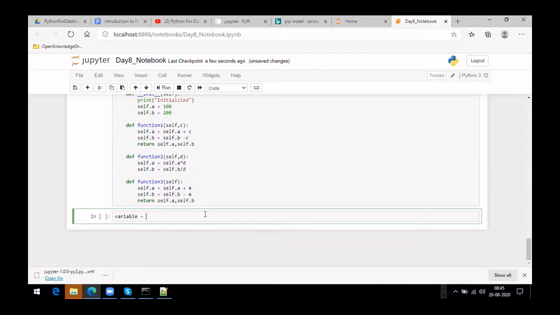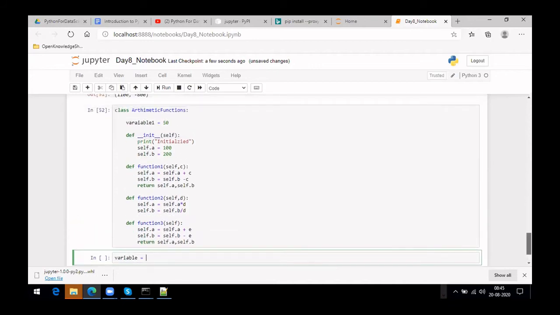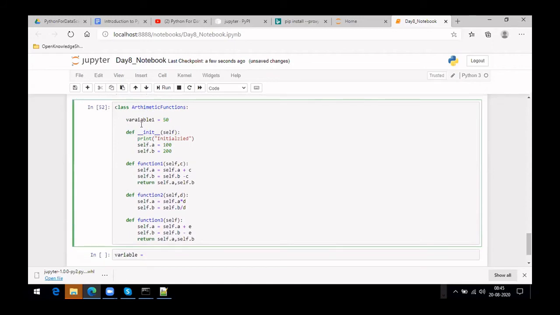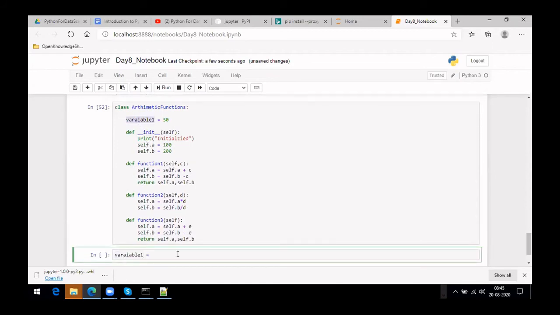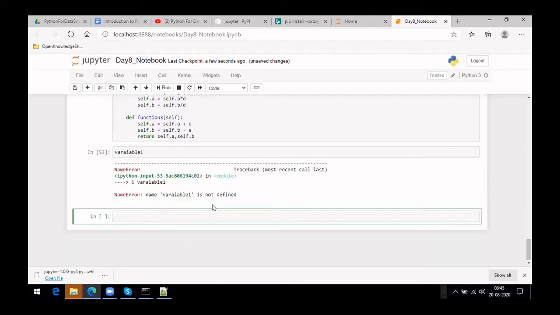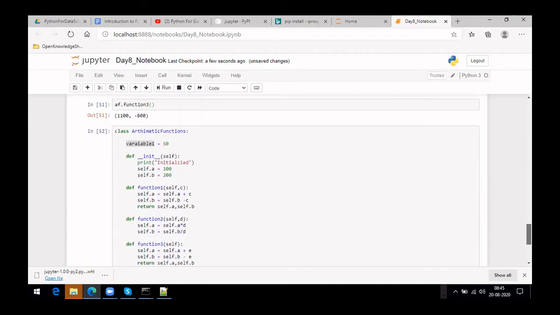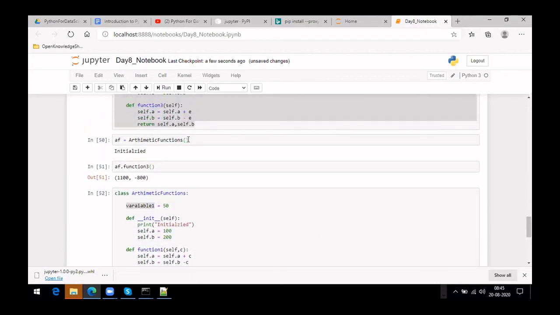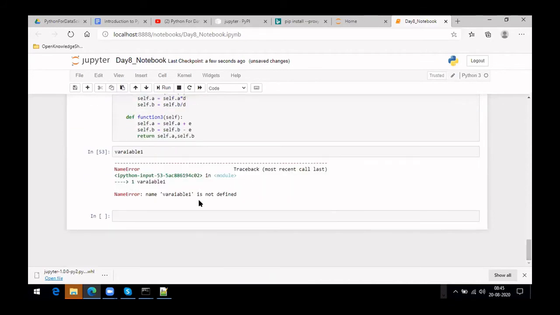Let's see if it is accessible outside the class. Variable one, right? Spelling is wrong. But if you press enter, it says it's not defined because it is only within the class. So maybe make an instance of this class just like how we have used it. Let's make an instance here. Maybe then it will work.